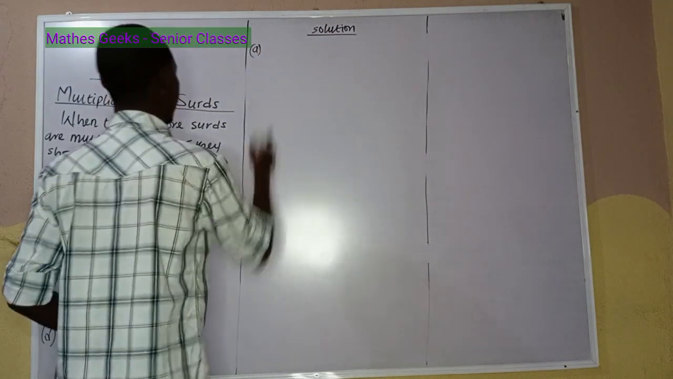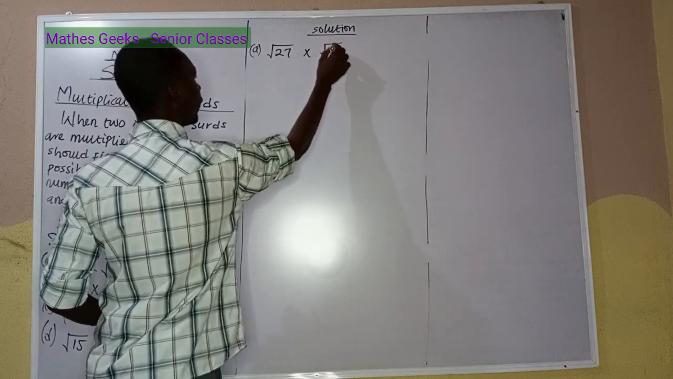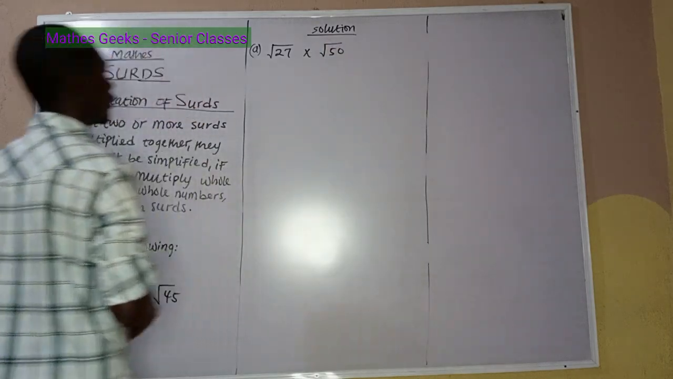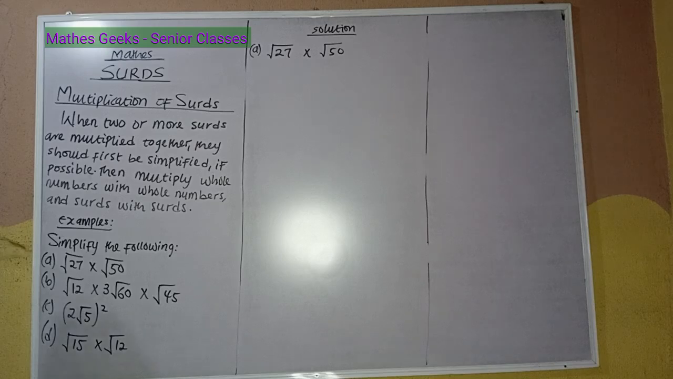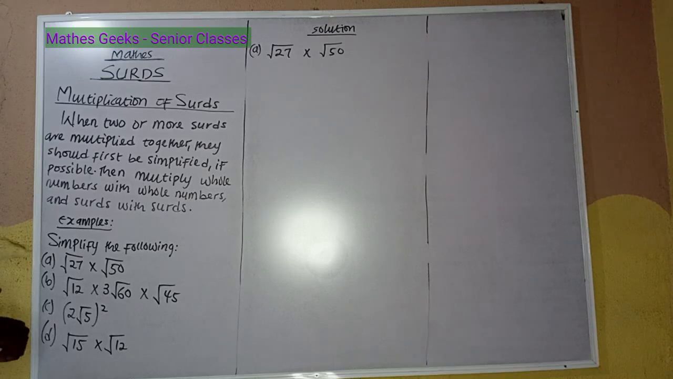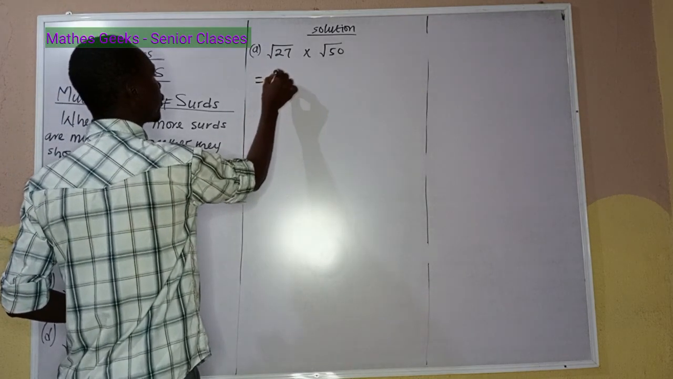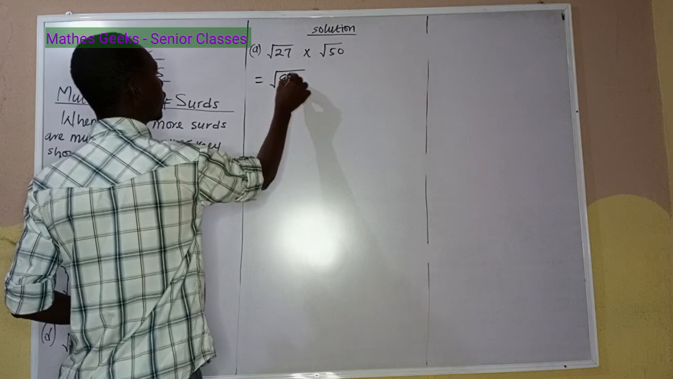(a) Root 27 times root 50. According to what we have here, for multiplication of surds, the rule is that where it's possible, we need to simplify the surd to its simplest form, and then we multiply whole number by whole number and surds by surds. So this will give us 9 times 3